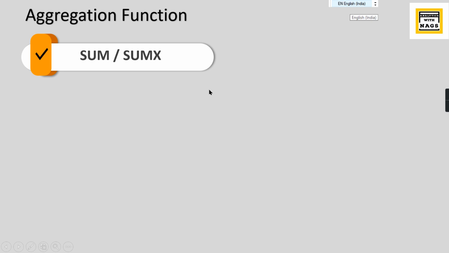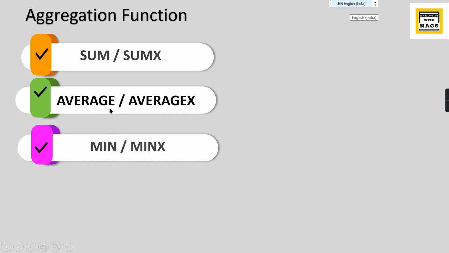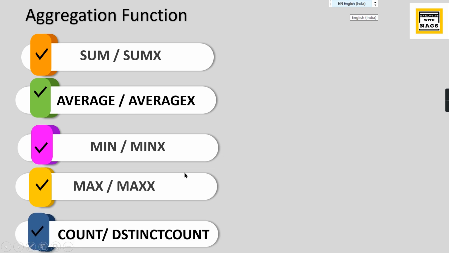First, we'll start with aggregation functions. So SUMX, and so on. DAX starts with aggregations, right? I mean, the fundamental of Power BI is to see the data in an aggregated manner. For that, you use aggregation functions: SUMX, AVERAGE, MINX, MAXX, then COUNT and DISTINCTCOUNT. Then there come the